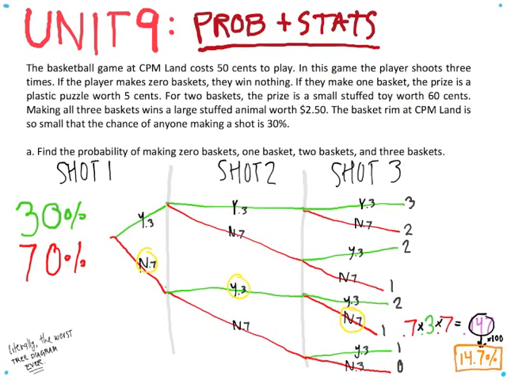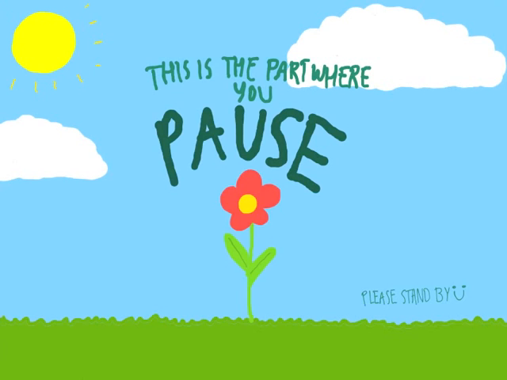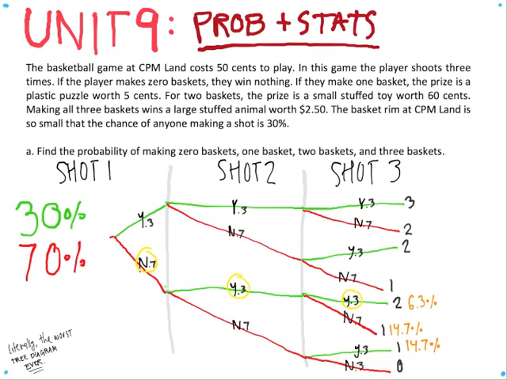Does that make sense? We can perform this process for every single branch in our tree. So miss, win, win. The values here are 0.7, 0.3, and 0.3, which come out to 0.063, and if we multiply that by 100 to get our percentage, we're left with 6.3%. So again, the possibility of getting this particular branch is 6.3%. So now you do what we just did to every single branch, multiplying out the decimals for each choice and then making it a percentage. You can pause the video now and do that yourself. Alright, if you did everything correctly, you should end up with 14.7, 6.3, 34.3, 14.7, 14.7, 6.3, 6.3,